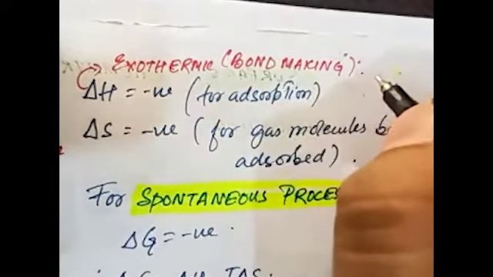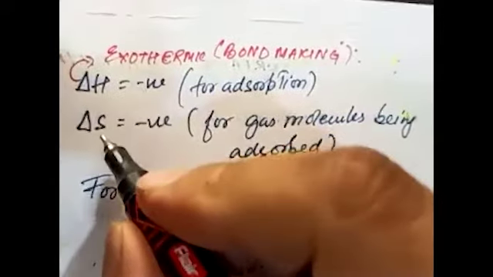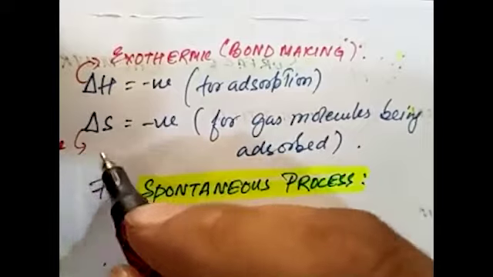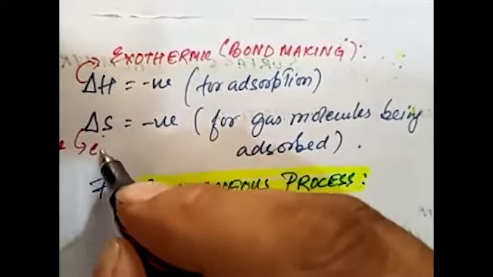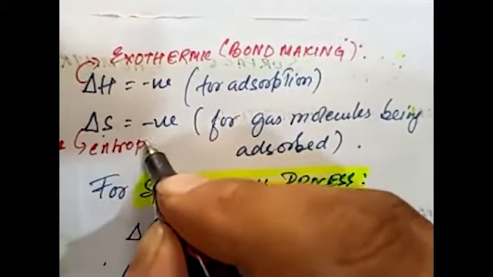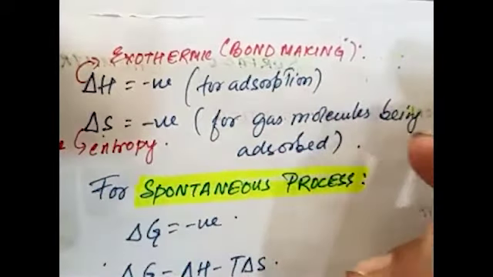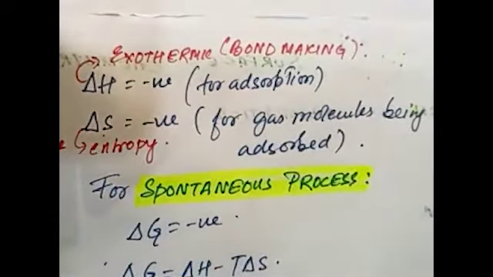नाउ व्हाट हैपेंस, देखो बहुत इंटरेस्टिंग है। डेल्टा एस इज, व्हाट इज डेल्टा एस? इट इज चेंज इन एंट्रोपी। चेंज इन एंट्रोपी, एस का मतलब क्या होता है? एंट्रोपी। डेल्टा का मतलब चेंज, एंट्रोपी का मतलब होता है डिसऑर्डरनेस, ठीक है, डिसऑर्डरनेस। नाउ सी वन थिंग वेरी इंटरेस्टिंग, डोंट राइट, जस्ट सी फर्स्ट, ओके।